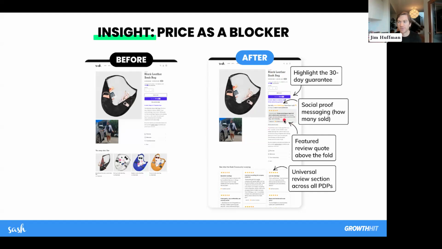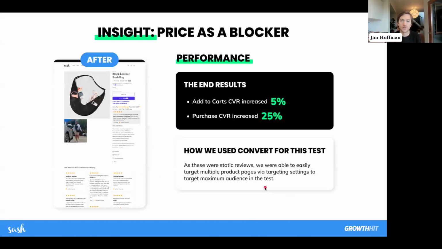Like, oh, I've had this for 5+ years and it's the most durable thing in my closet or something like that. And then again, wanted it to be overflowing with social proof here. And so this was one experiment we did with them just to address price. And what was exciting was seeing the lift in the purchase conversion rate by 25%,